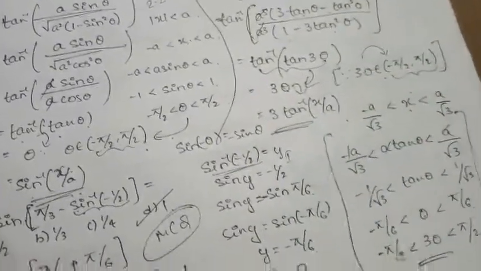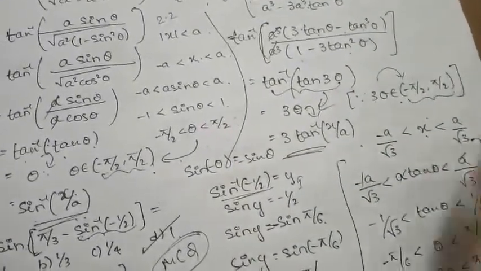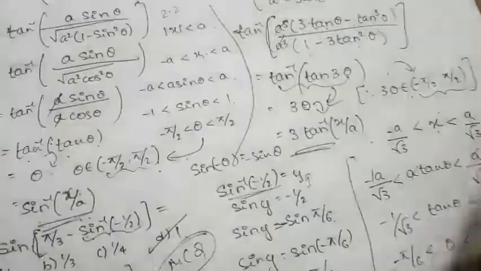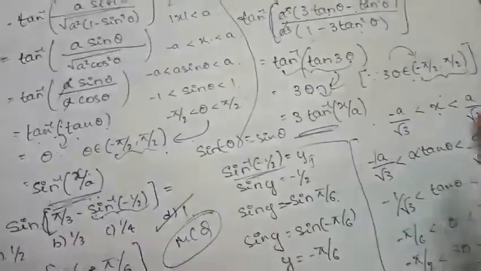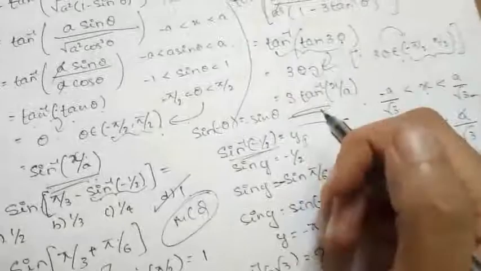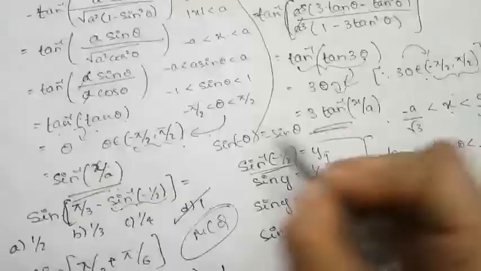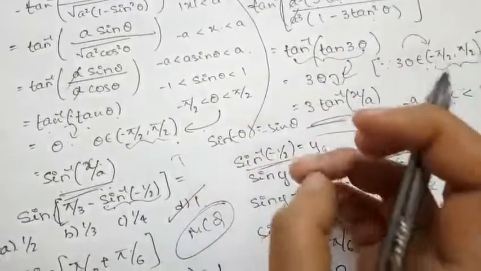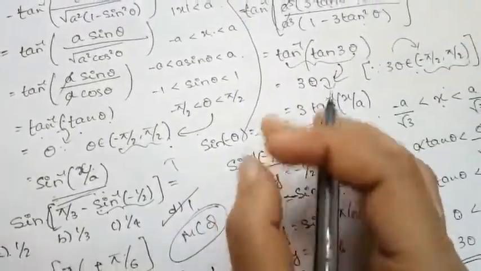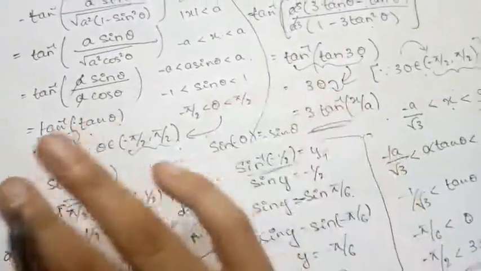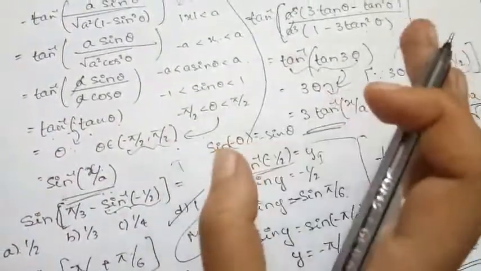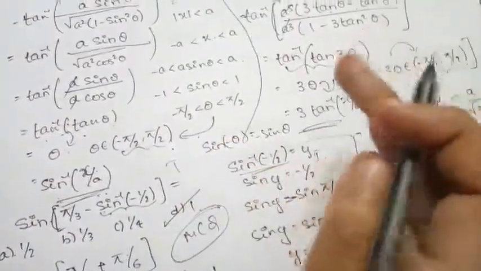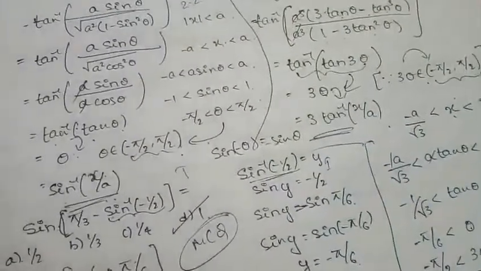If you have any doubts in any of the questions which I have already solved, you can ask me at any time, and you can clarify. But you must be thorough with all the trigonometric properties and identities, as well as inverse trigonometric properties and identities. Only then can you go through all these questions smoothly. So this is regarding today's video. Thank you students.